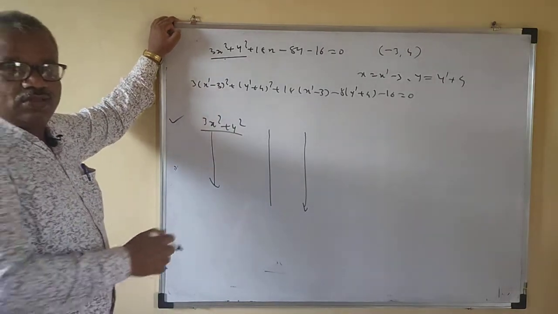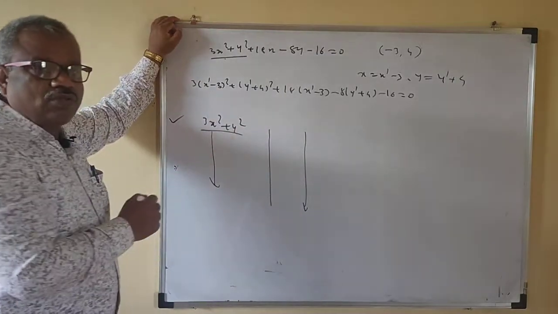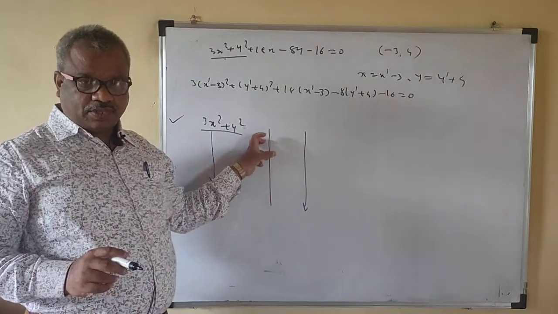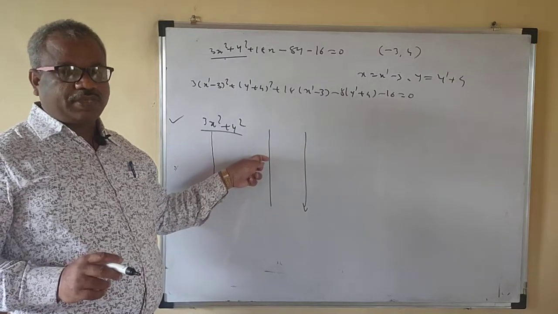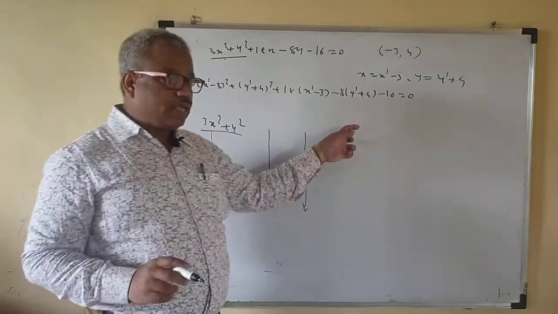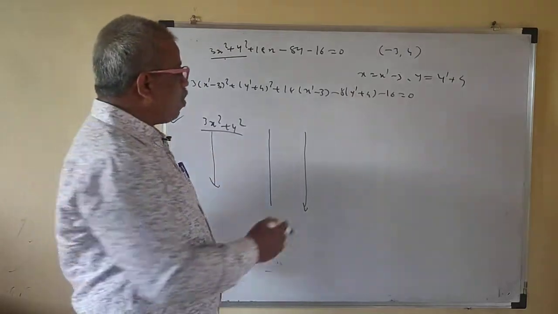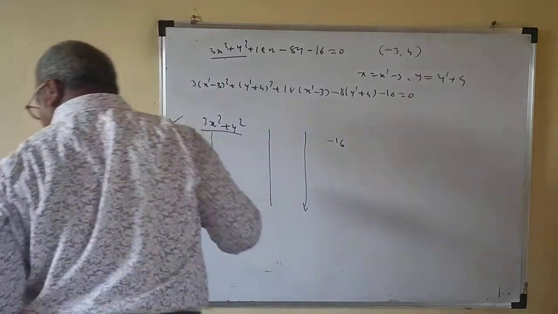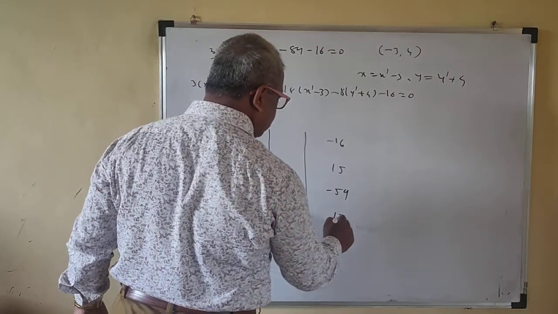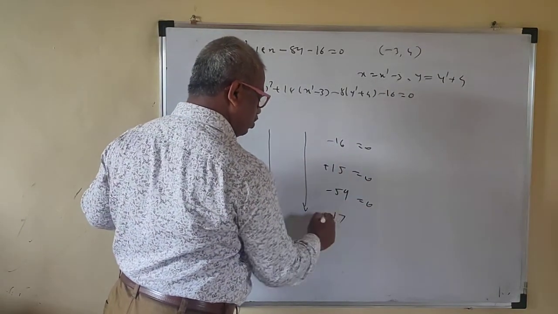If the coefficient of x is not the same, then find the coefficient of x. But if there are two equations where the coefficient of x is the same, and the coefficient of y is not the same anywhere, or the constant term is not the same anywhere, just find the constant term. Suppose the constants are −16, 15, −59, 17, and the other terms are 0.